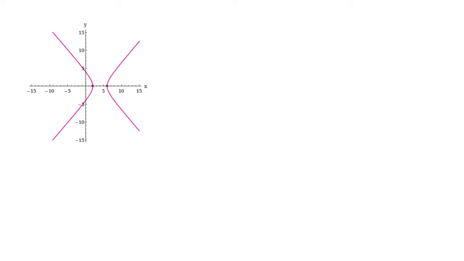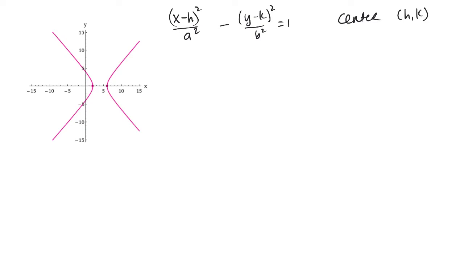In this problem, we're being asked to find the equation of the graph. So this is a hyperbola, and for hyperbolas we have that it would be (x minus h) squared over a squared minus (y minus k) squared over b squared equals 1, where the center is at (h, k), and where we have c squared equals a squared plus b squared, and then the foci